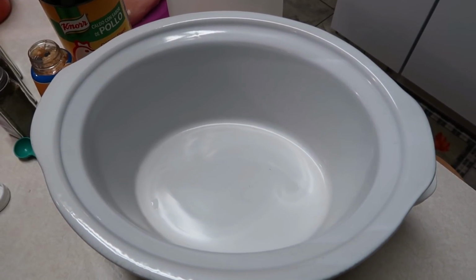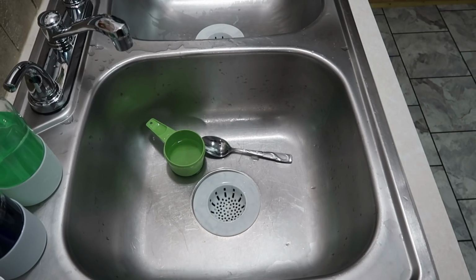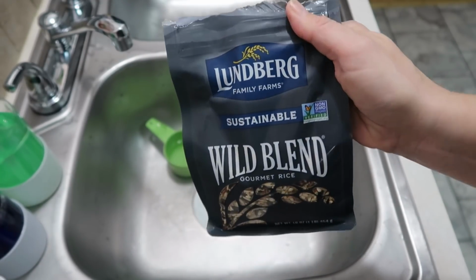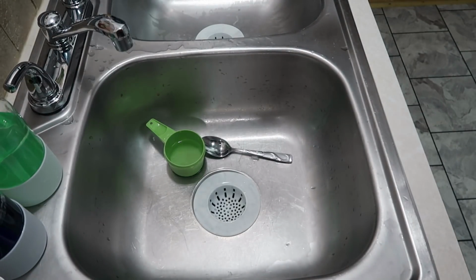We are going to be making a chicken wild rice soup. I've never made anything with wild rice, so this will be something new for me. So what I'm going to do is take, and I'll bring you over here to my sink real quick. Okay, I'm going to need a cup of wild rice, and this is the only wild rice I could find from Walmart. It's this Lundberg. So anyways, I'm going to measure out a cup of this,